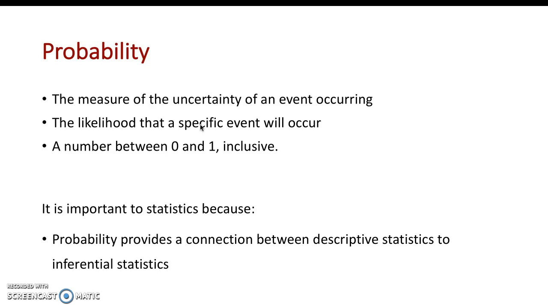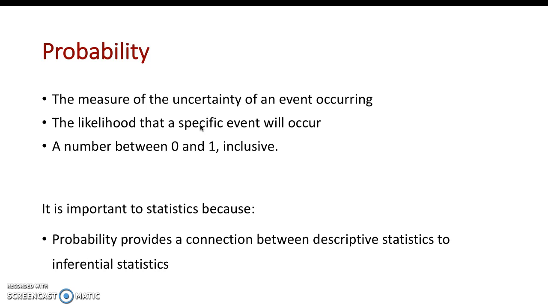Okay, now let's look at probability, because this is always covered in statistics classes, and hopefully you can see why that's the case now. We have to have that probability associated with the statistics for it to be inferential statistics, something that we can use for a generalization. So definitionally, probability is a measure of uncertainty of an event occurring. It gives us the chances or likelihood that a specific outcome or event will happen. And it's a number between 0 and 1, including 0 and 1.